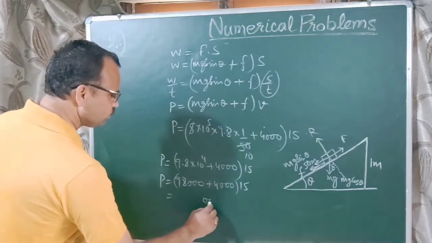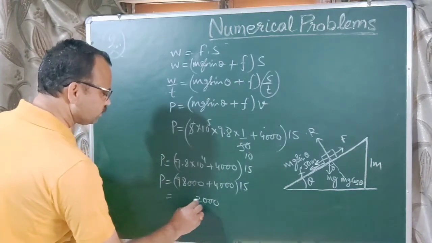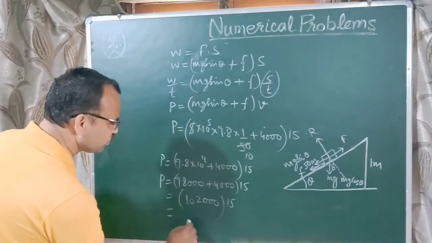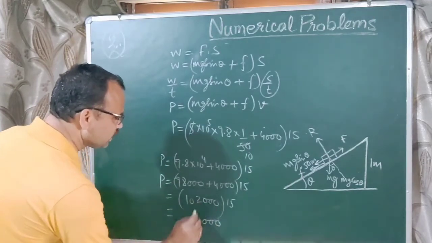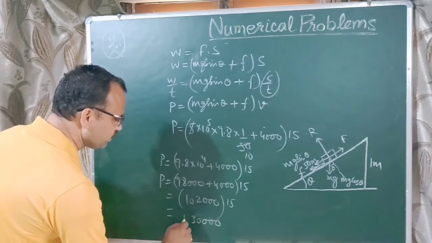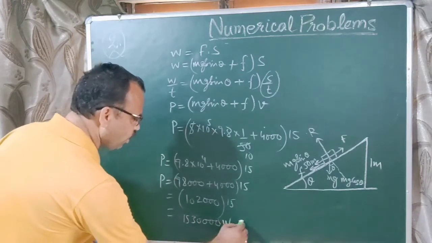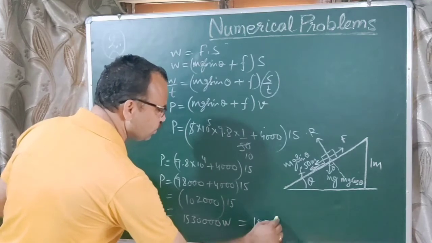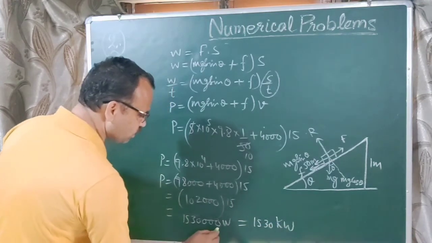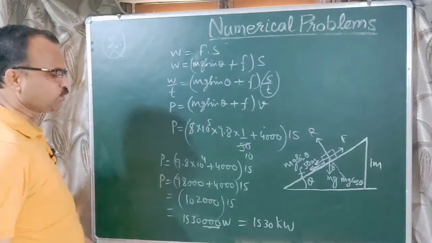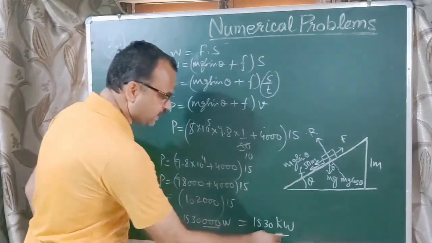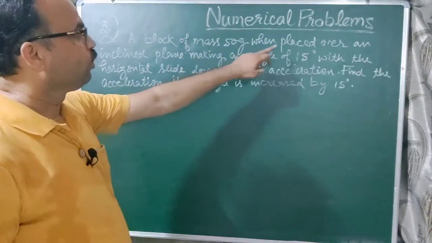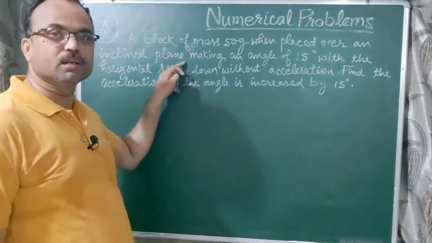Or we can write it as 1530 kilowatt, because 1000 watt is equal to 1 kilowatt. So this is the final answer. Next problem: a block of mass 50 gram is placed over an inclined plane making an